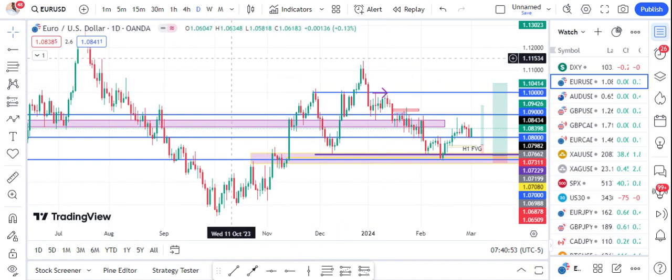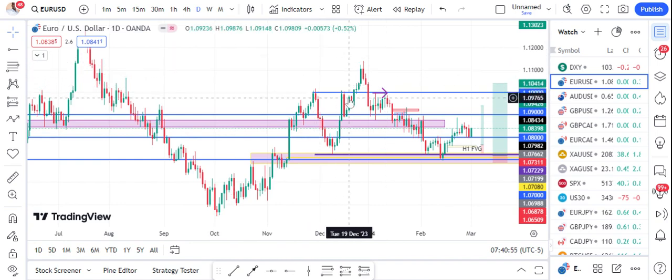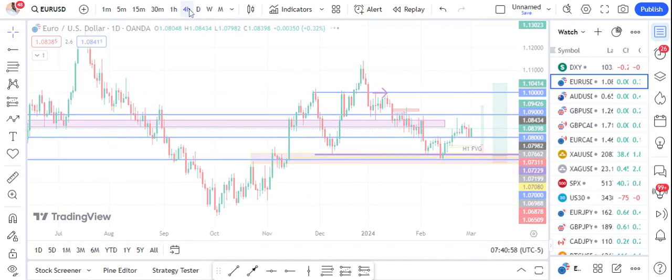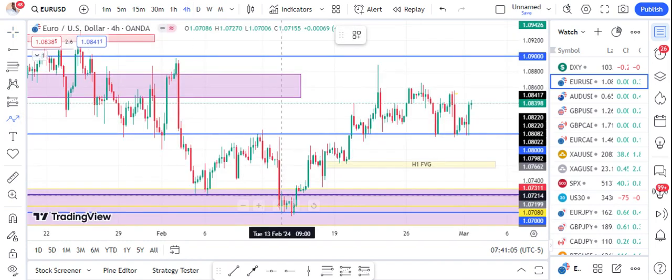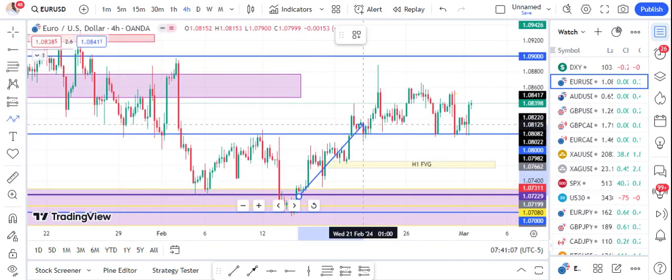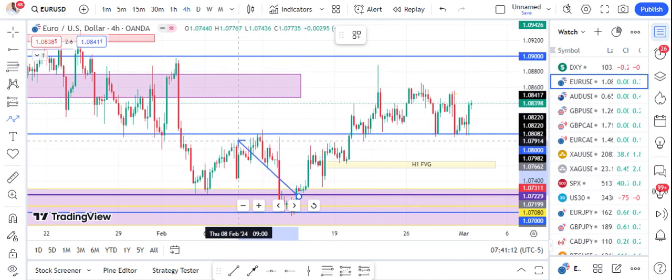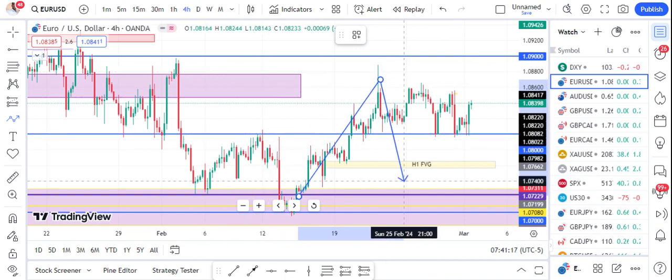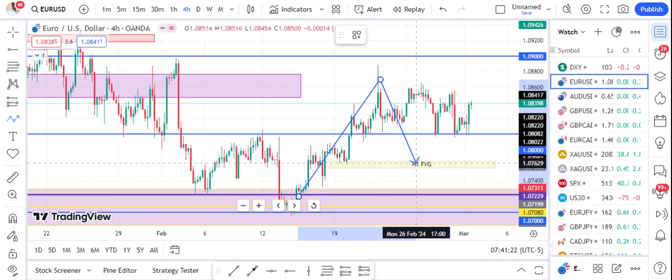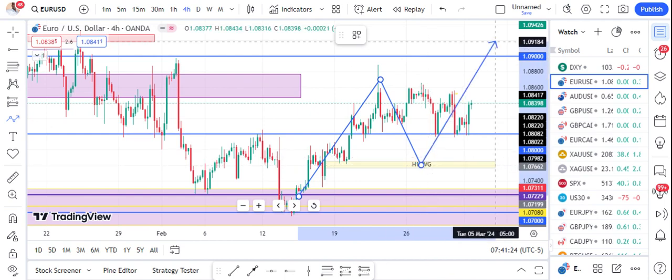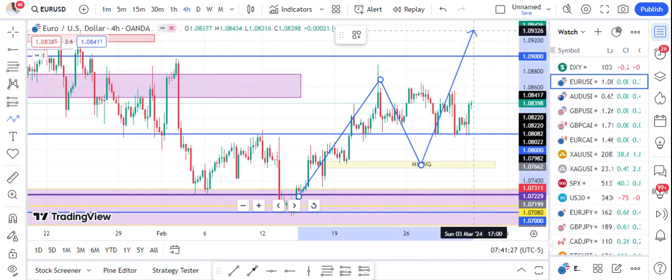So what is it again that I'm expecting on Euro USD? Let's check the 4 hours. I talked about it in the past couple of videos, how this is what I'm expecting from here as it goes up. I like the way it trades here. We break this high here, and then we come back down, check a key level around here. This is a 1 hour fair value gap that I've marked out, and then we go up and continue the long ride.